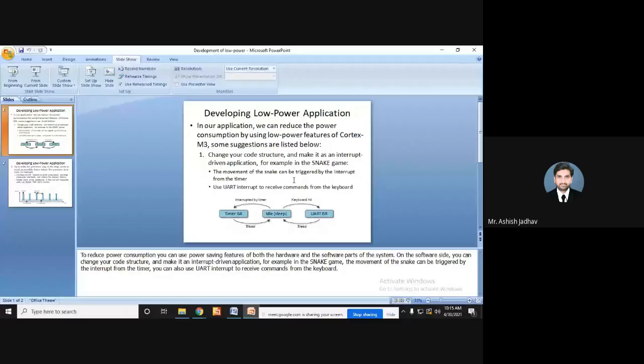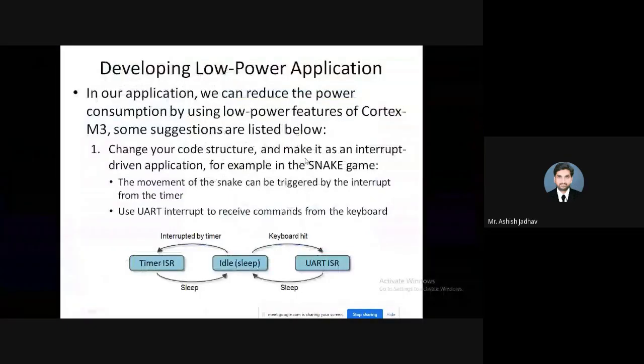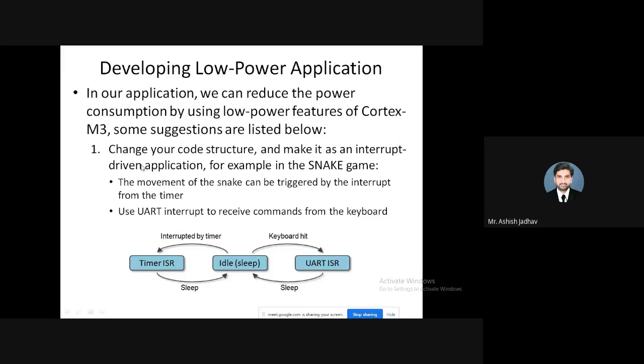ठीक आहे. हे झालं बेसिक फंक्शनॅलिटी. म्हणजे प्रत्येक सेकंदानंतर तो एक स्टेपनी फॉरवर्ड पुढे जाईल. त्यानंतर आता इथं जी मी या स्लाइड वरती सांगितलं होतं, ट्राय टू मेक इट इंटरप्ट ड्रिव्हन. इंटरप्ट ड्रिव्हन मीन्स व्हॉट? बघा या ठिकाणी मी तुम्हाला सांगितलं होतं, यू ट्राय टू मेक इट इंटरप्ट ड्रिव्हन, राईट? सो दिस इज इंटरप्ट ड्रिव्हन ऍप्लिकेशन.